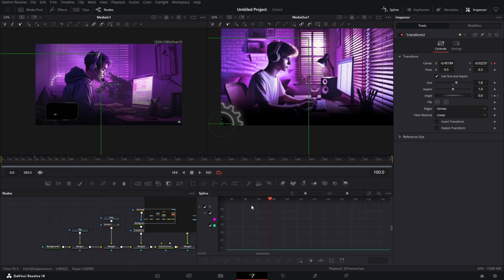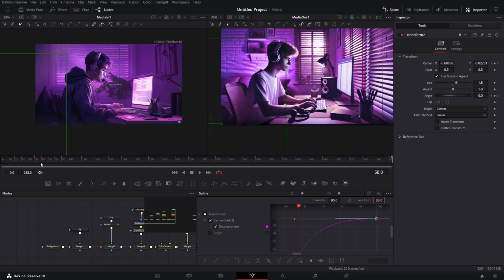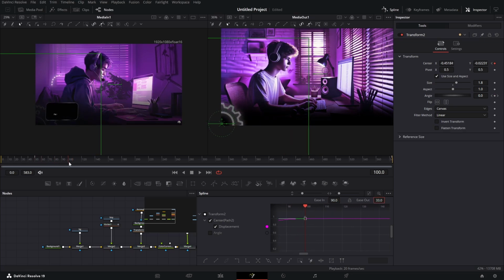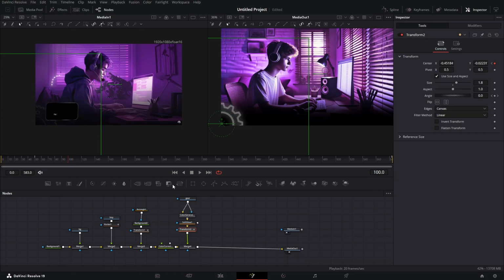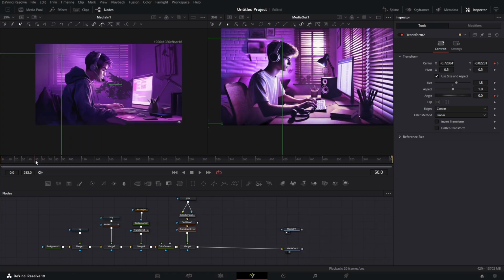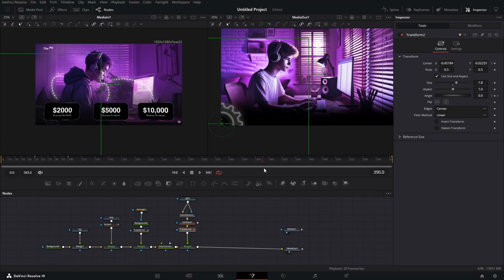So let's go to our spline, let's adjust this window. We don't want angle for now, so we can turn it off. Let's go here and then again zoom to fit, select all and just smooth it out. We can actually adjust our spline to somewhere around here. You can actually press T on your keyboard and this ease in and ease out will show up. So just in ease in, type in 90, and now we have something like this, which is exactly what we wanted. Let's close the spline for a second there, and our gear is flying in and it needs to continue